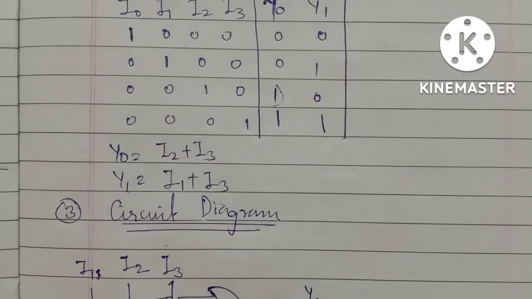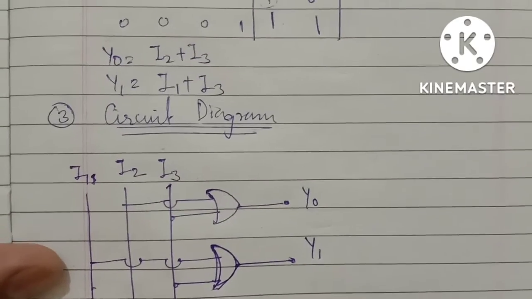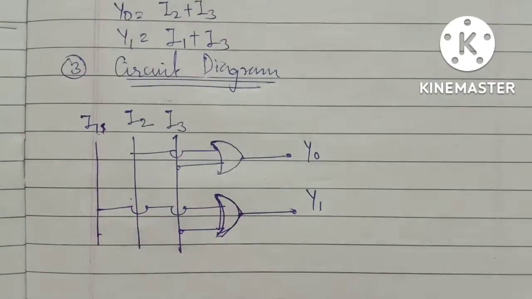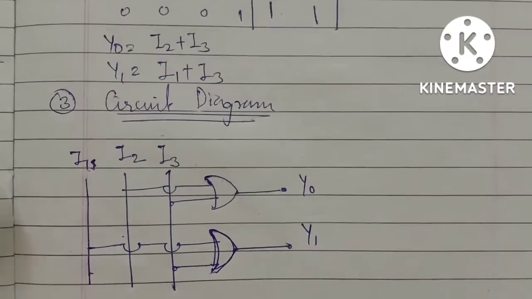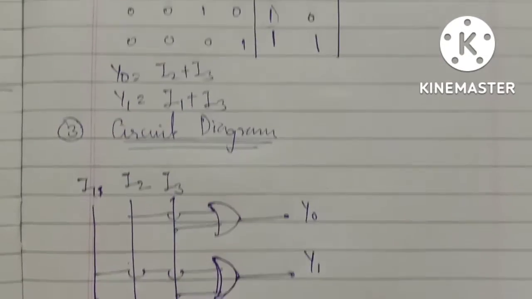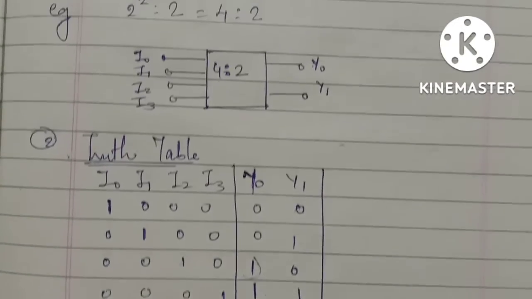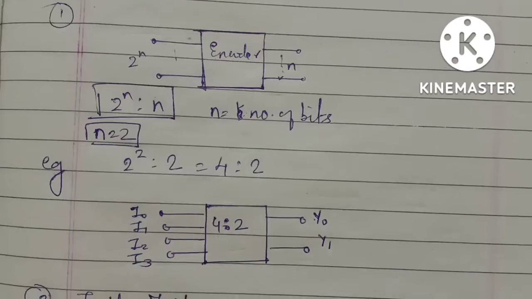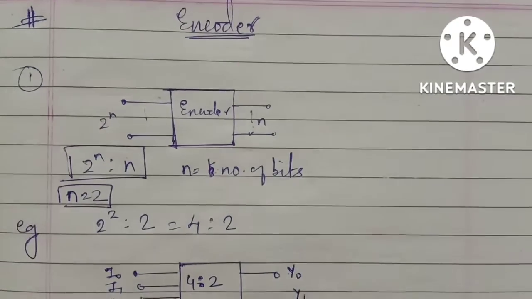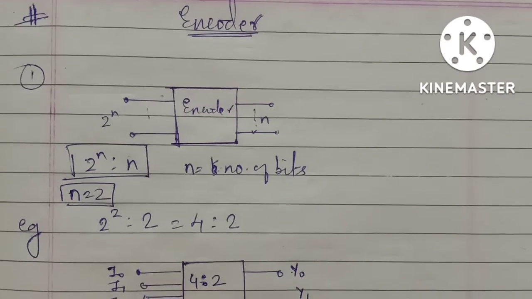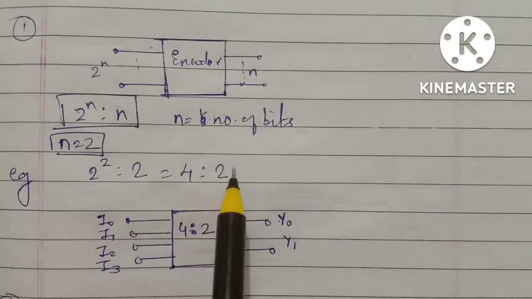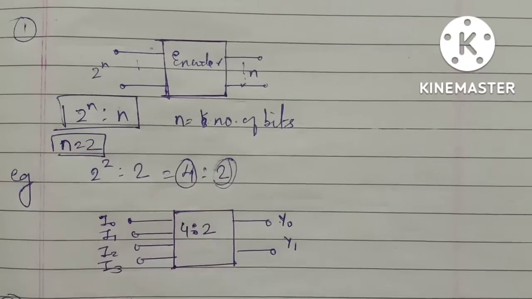So it is simple, nothing difficult. This is the input required for the OR gates, and this is the equation, and according to it we draw this. The encoder is a little bit simple, not tough. What is important is that we understood what inputs are provided, and whatever output you get. This is the output part and this is the input part.